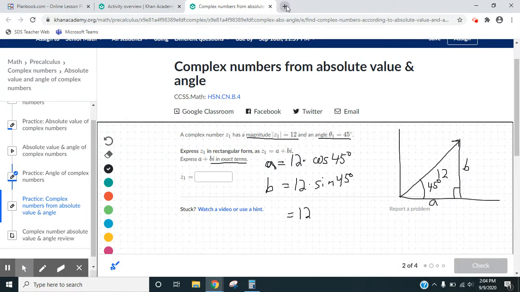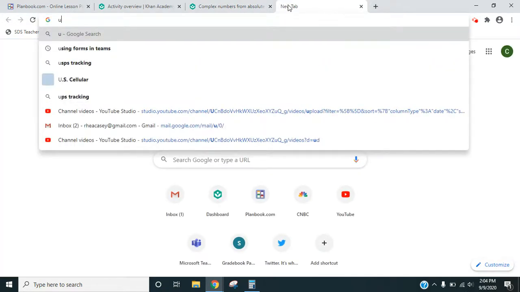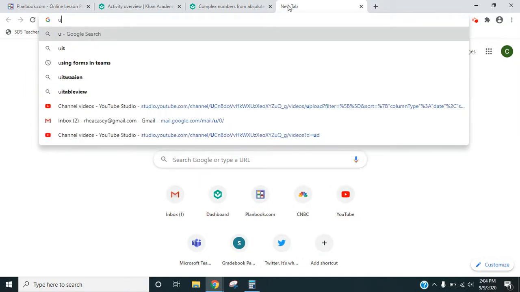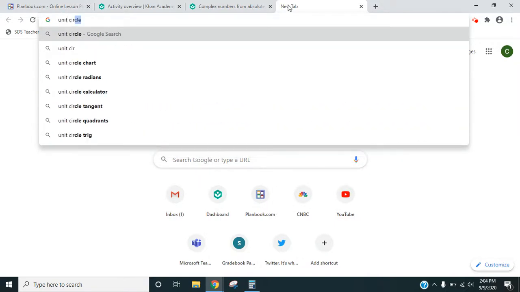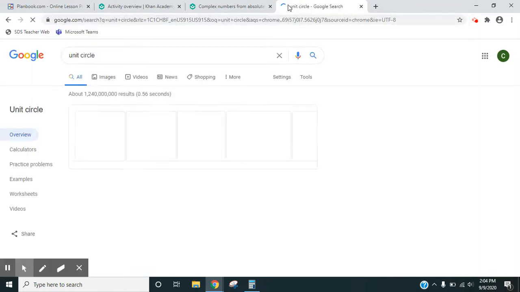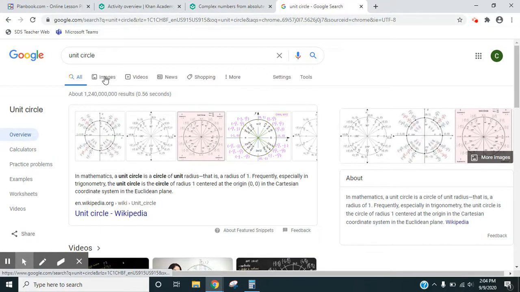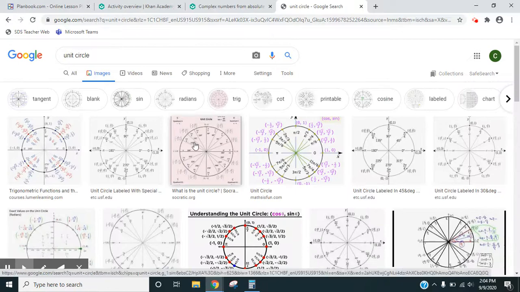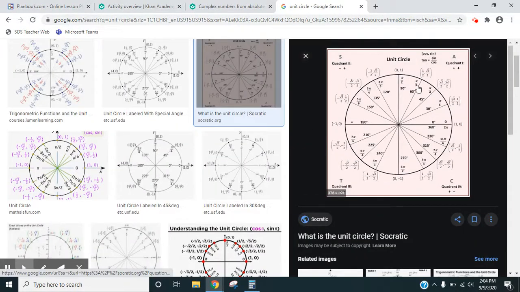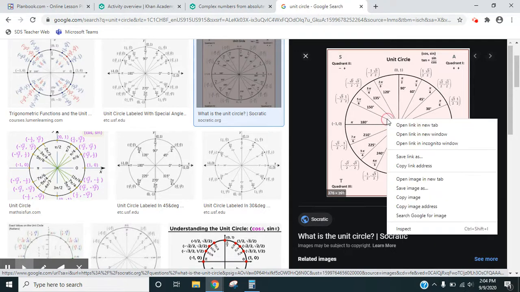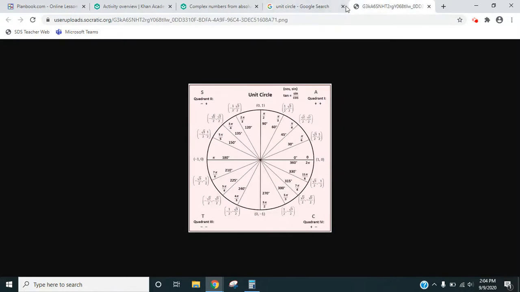All right, we're going to have to use our old friend. We're going to have to pull up a unit circle. So let's Google that really quick. Unit circle. You don't have to memorize this. Let's click on images, and let's look at this one. I like this pink image here. All right, so if we're looking at the unit circle, and I open this image in a new tab so I can get a little bigger view,